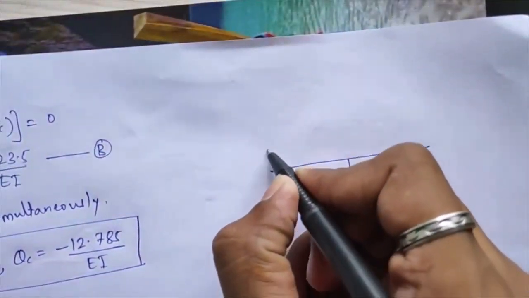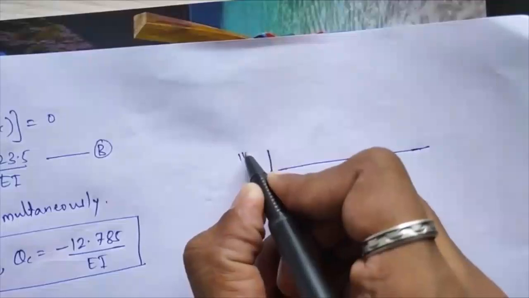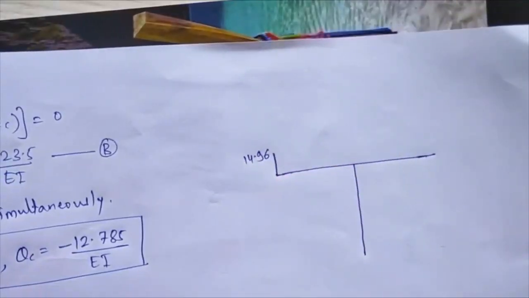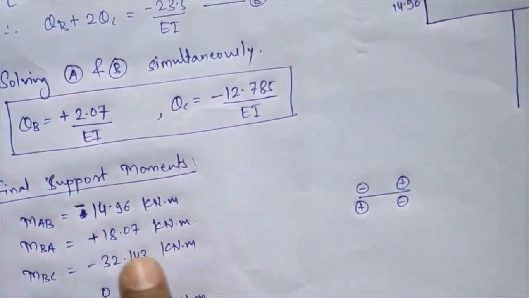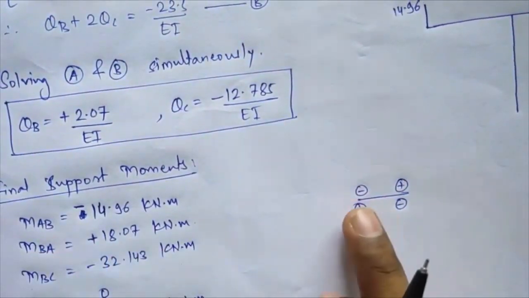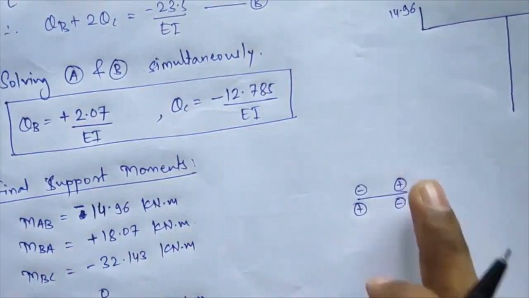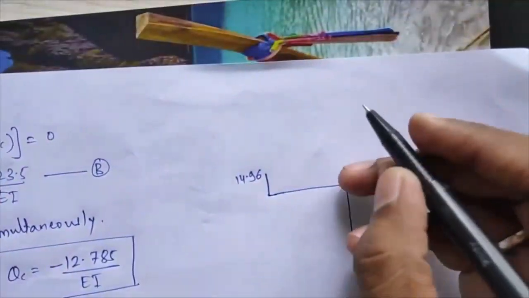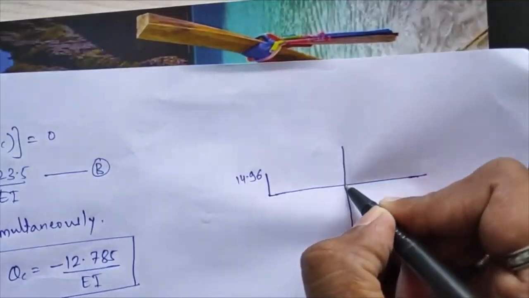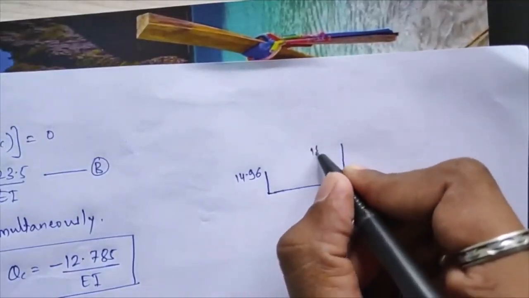So I am plotting that here, that is 14.96 over here. Okay, then next MBA I am getting as plus 18.07. So next interval, that positive moment will be on upward side over here. So I am plotting that over here, that is